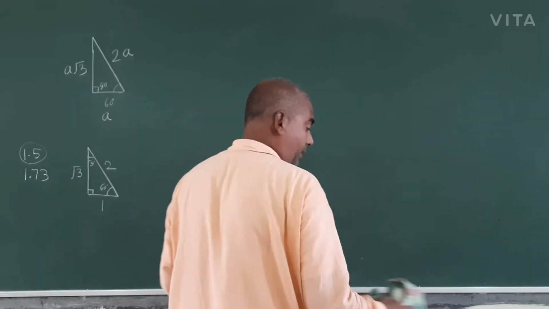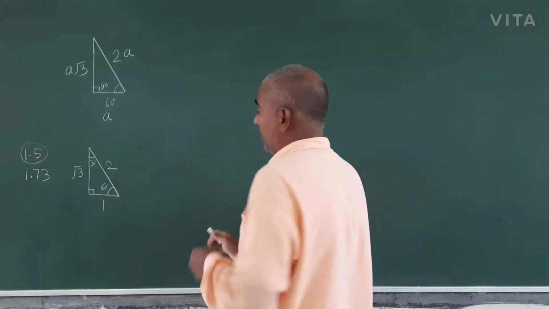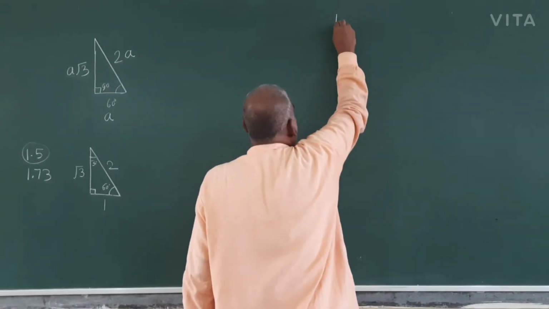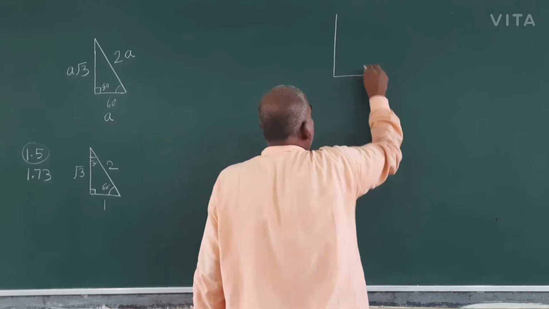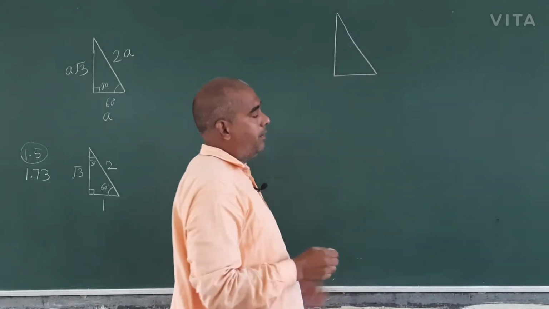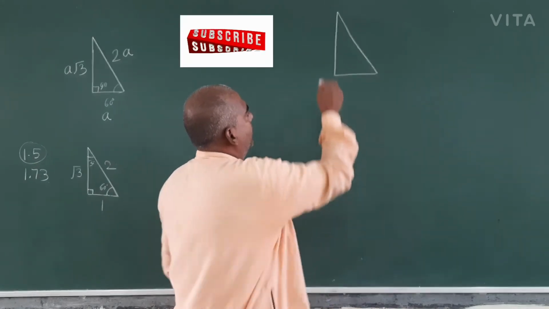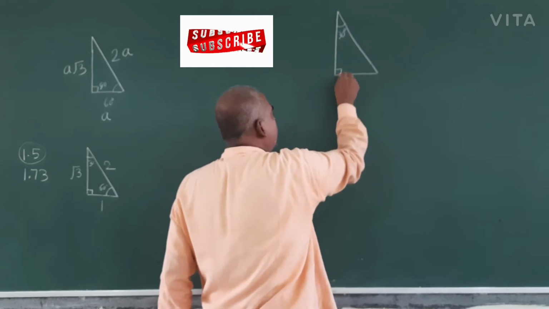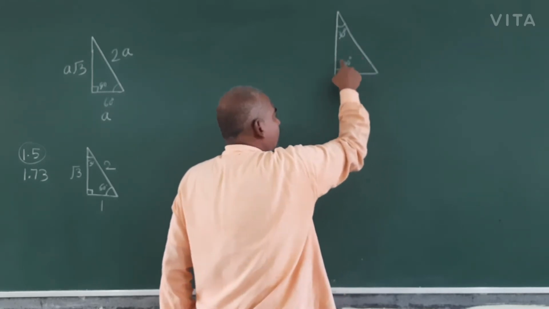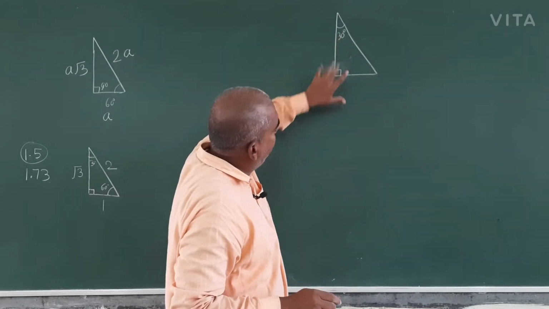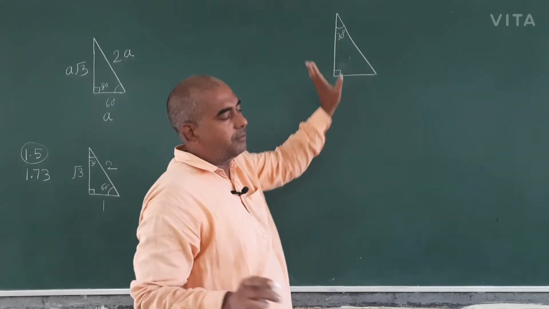So let me write the trigonometric ratios for 60 and 30. For this, you should learn to make this type of triangle. In this, you are observing, this is the 60 degree. Let me write, this is the 30 degree. This is 90 degree. It's a triangle with 30, that's enough.